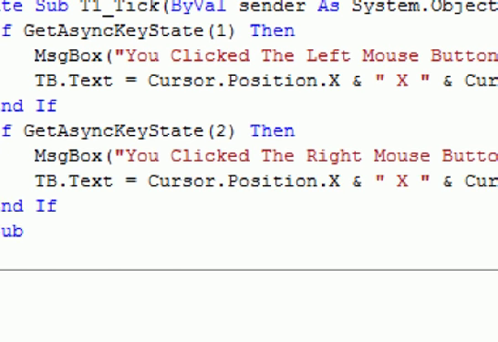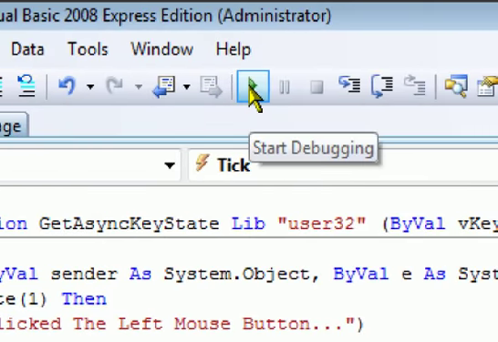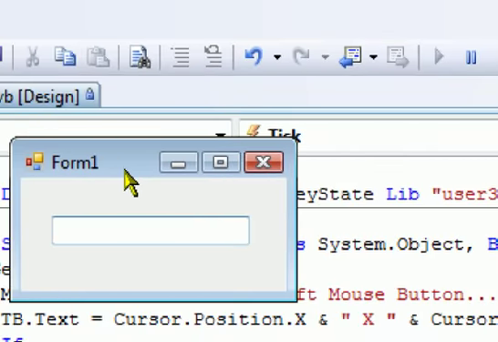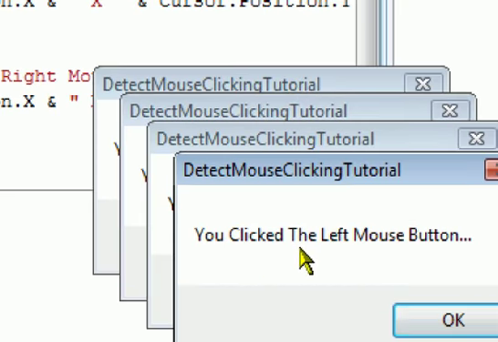So let's debug it. Let's test out the application. As you can see here, it worked.